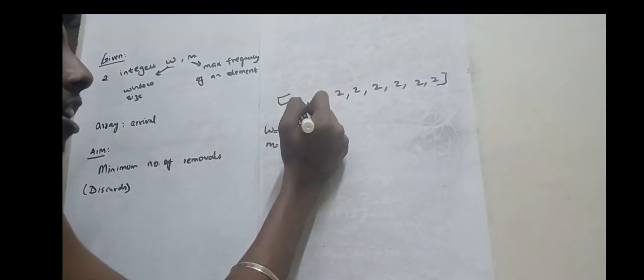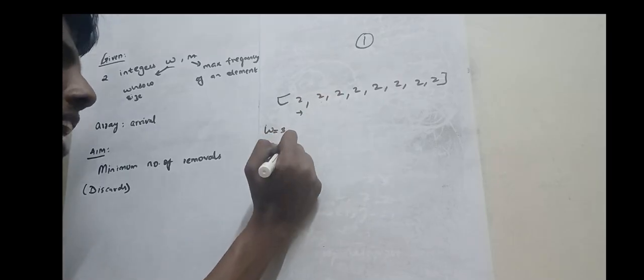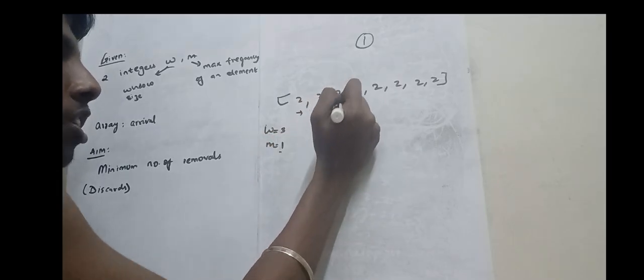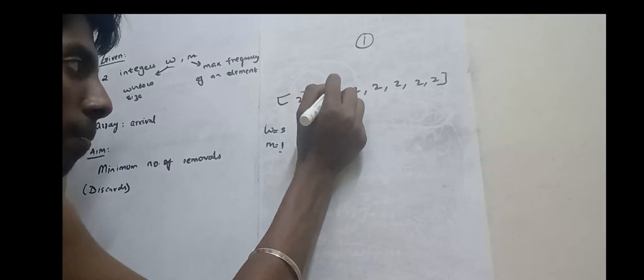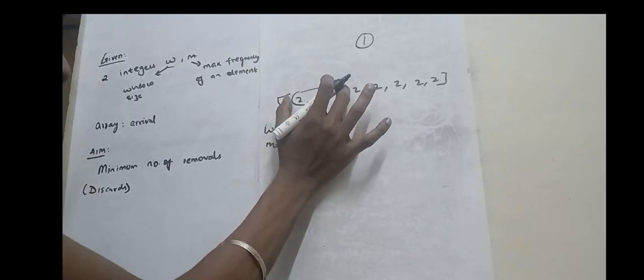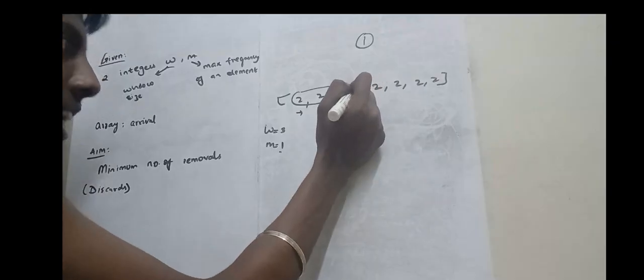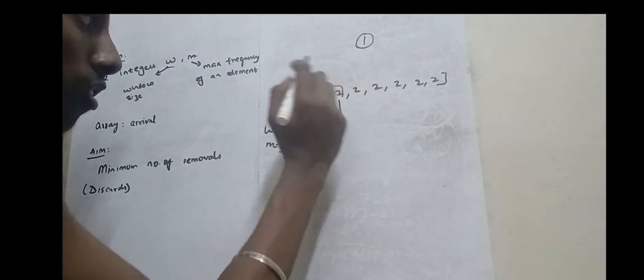So R would move forward, 2 is accounted, so 2 would become 1 in frequency, and with this arrival it will become 2. But we can't consider this arrival because M is the maximum frequency and can only be 1. So we'll be discarding this. So again we'll be discarding this as well. Now we completed this set of window size. Since window size is 3, this will be considered, and since it reaches over here, when we move to the next element, we will pop this value, right? So when we pop that value,